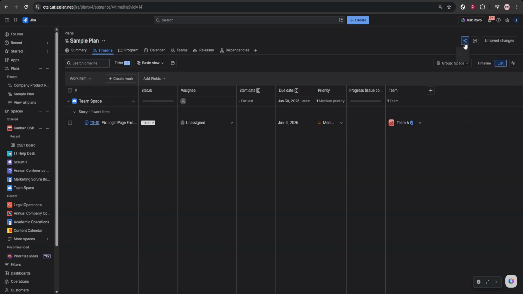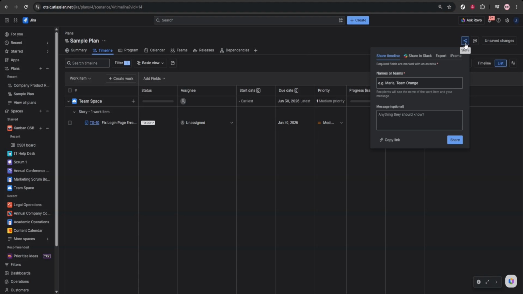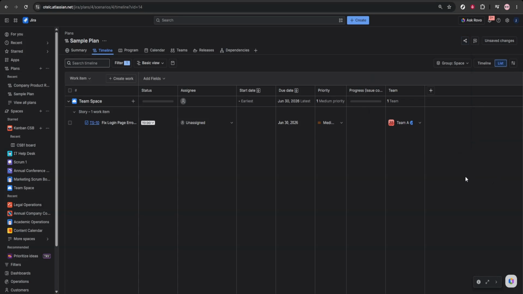Finally, share the plan during roadmap meetings, sprint planning sessions, and stakeholder updates. Used this way, the portfolio view becomes a practical tool for visibility, alignment,